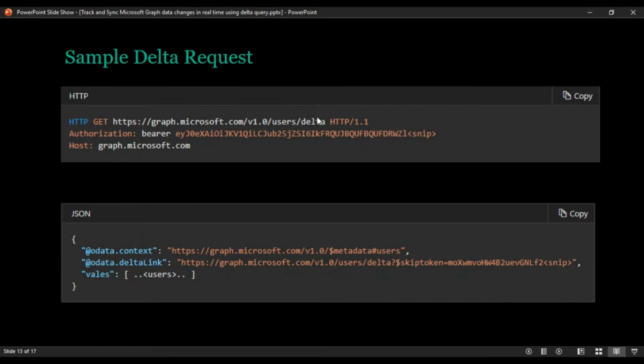This is the only change you need to make to use the Delta query. Now, if you see the response, you get your actual values and you get your Delta link in the background. In your subsequent requests, you just need to pass this Delta link with the same /delta. If there is any skip token available, it will be maintained, or if it is a Delta token, it will also be added here. So this is how the Delta query works.